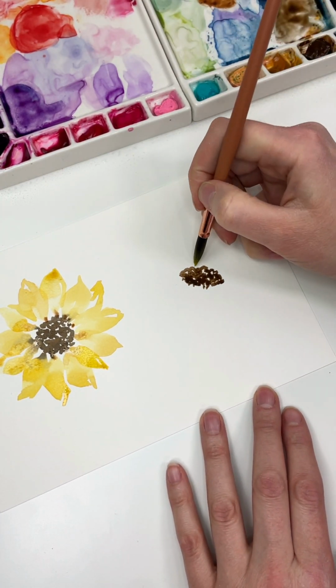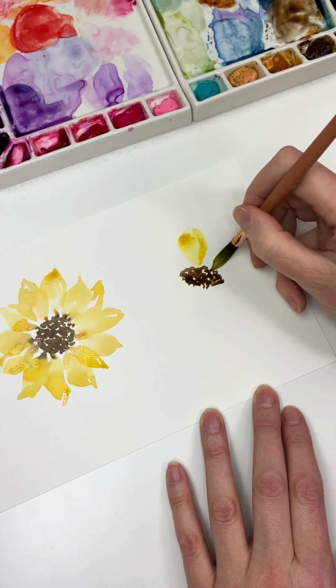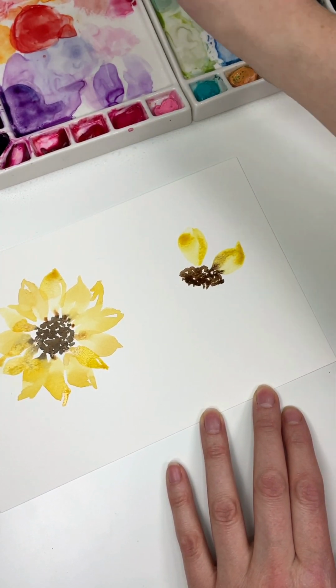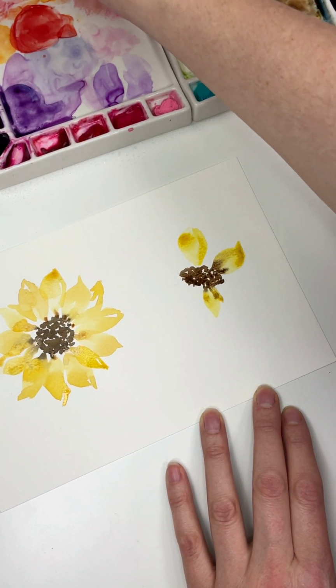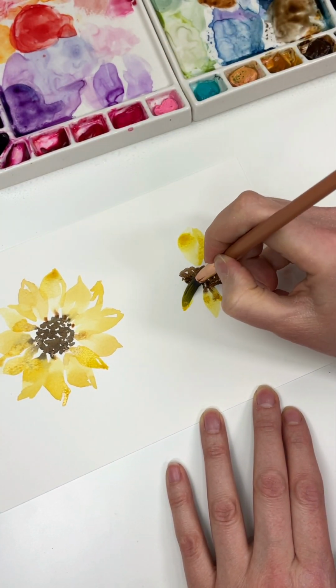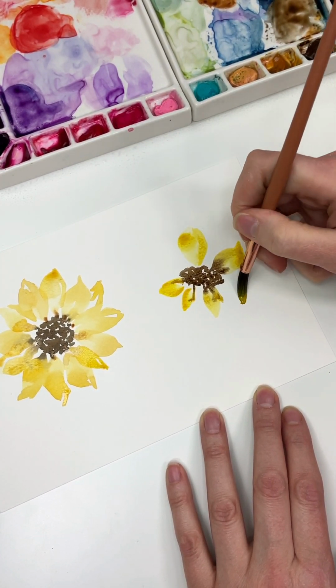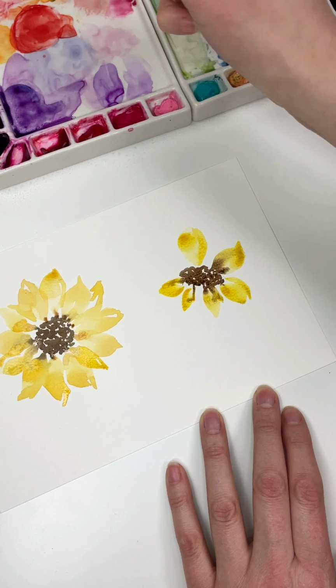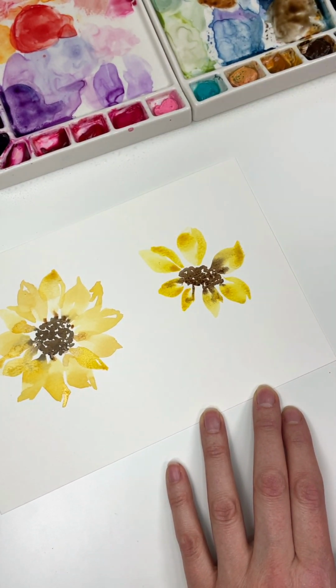It's like we're taking this whole flower and we're tilting it so it's looking upward. So the petals that are on the top are going to be longer, and the petals at the bottom are going to be shorter, and you're going to sort of gradient from small to large as you go around your sunflower from bottom to top. So you can see on the bottom, those petals are a little bit shorter. And then as I work my way upward, those petals get longer,